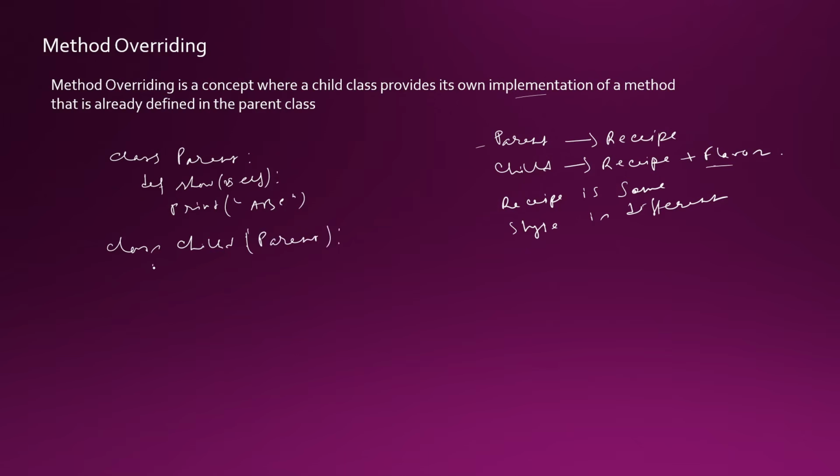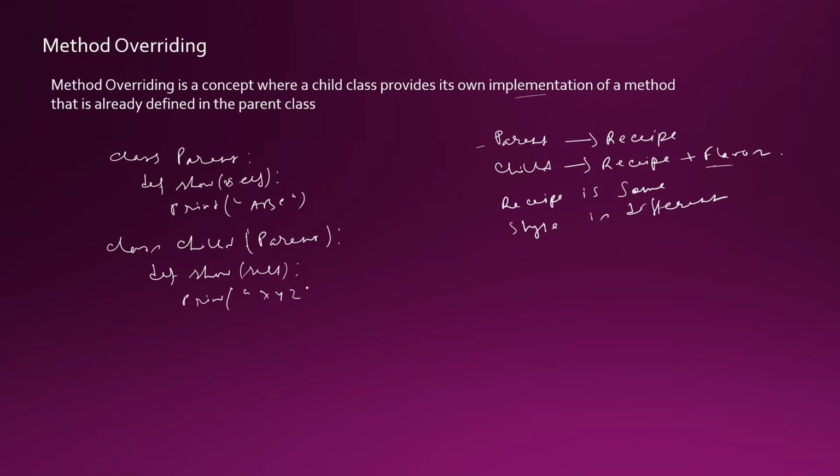Now I'm creating the same method, show. Always remember, in case of overriding, you have to use the same method name that you wrote in the parent class. So I'm writing the same method name, show self. Now I'm printing